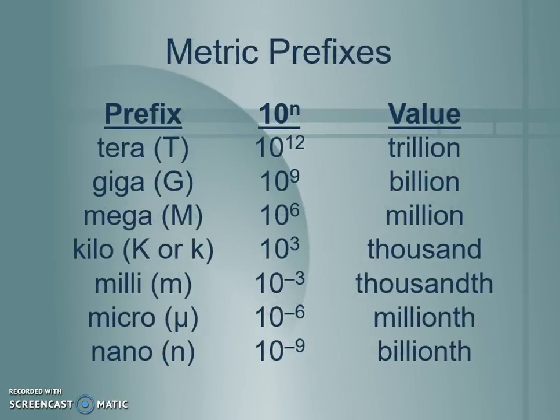So these are our metric prefixes and the powers that go along with them, along with their values. I would go ahead and throw these in your notes because chances are you're going to see them again. Also, word problems, and just for future reference, this is always good to have. I know it's easy to Google stuff like this, but it's also really nice to just have it right at your fingertips whenever you need it. You'll notice the micro symbol is a little funky too, so make sure you have that written out correctly whenever you copy these down. And then moving on, last one, example